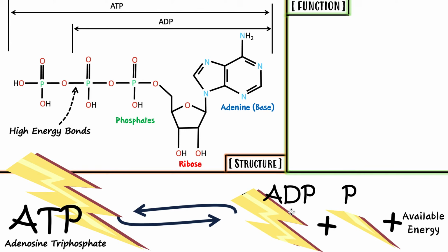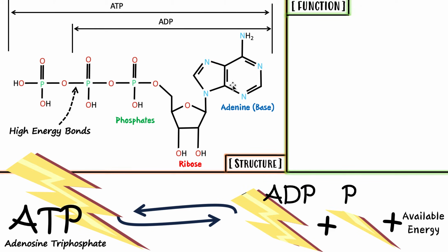So basically, when we use ATP, we turn it into ADP. We remove one phosphate, and now we're left with ADP, adenosine diphosphate, and the other phosphate, and we removed the available energy in that bond, right? Because this bond in ATP has a lot of stored energy. So when we break down ATP into ADP, when we break that bond, we free up a lot of available energy, and our cell uses that energy to drive certain very important things to happen, okay? We're going to look at what those things are very shortly.